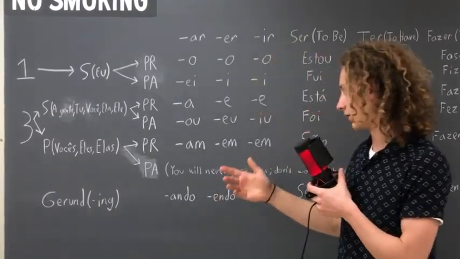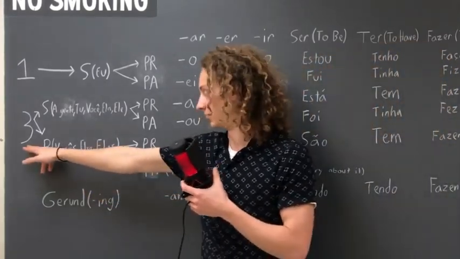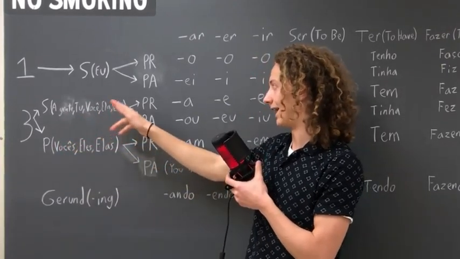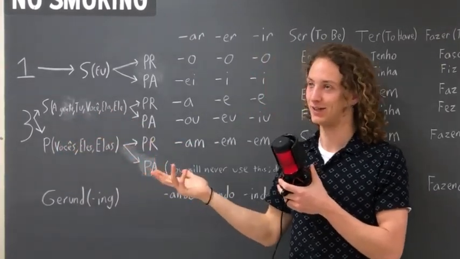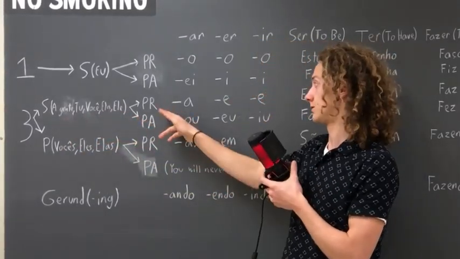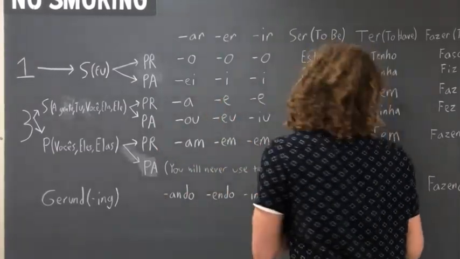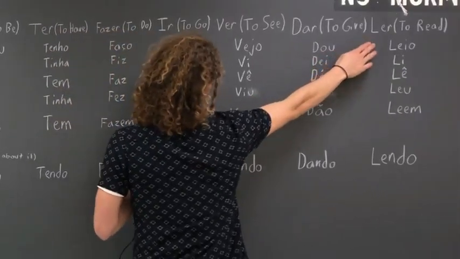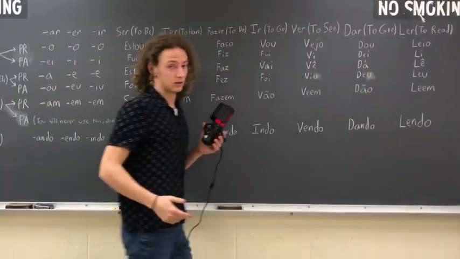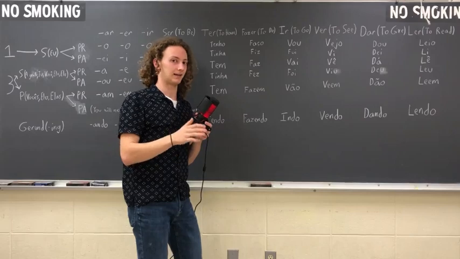Okay, so we go over here and we say he. Well, he is third person. He is also singular. And conveniently enough, in the parentheses, I included Ele, which is the translation for he. So you know it must be here. Now we need to ask ourselves, is it present tense or past tense? He read is past tense, so it would be the fourth one down. Now we walk on over to ler, and go to the fourth one down, which is leu. So we can put leu into our sentence to arrive at Ele leu.